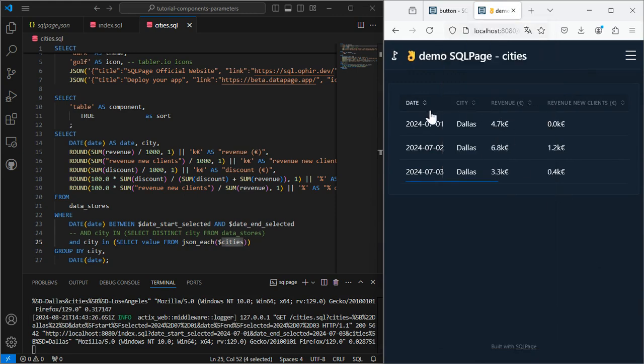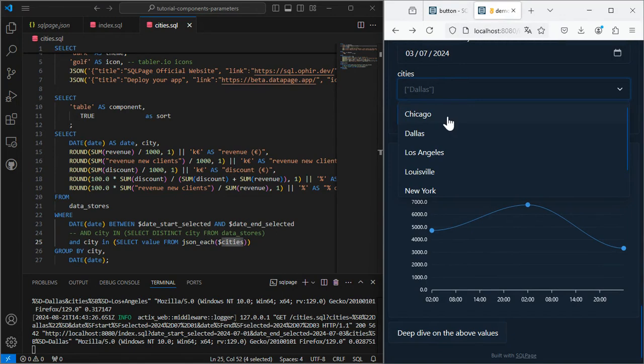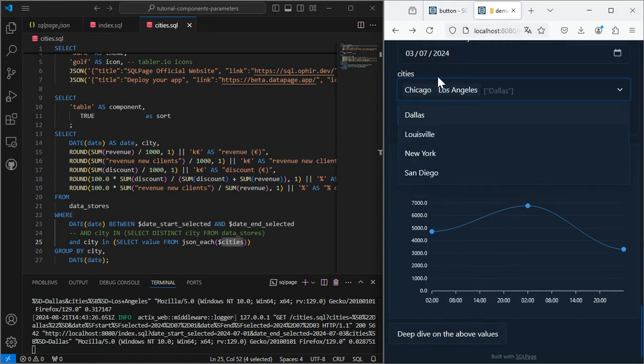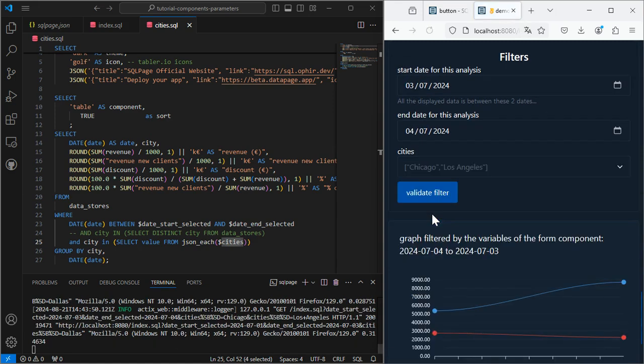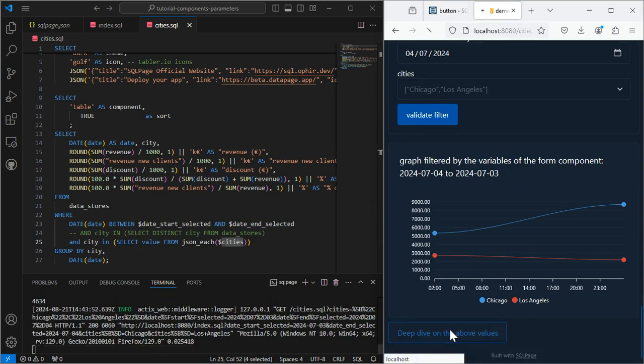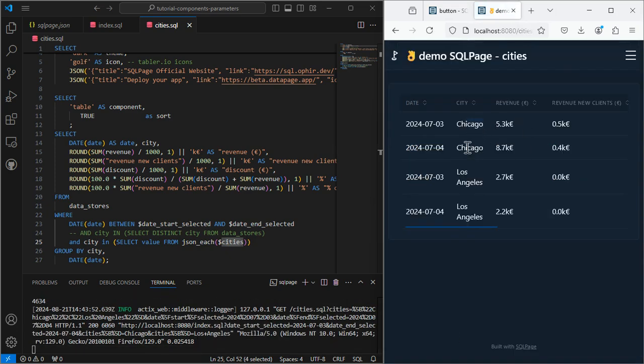So that's why it's only 3 days being displayed, only for the city Dallas. If I now select Chicago and Los Angeles, and let's say 2 days of data, I'm getting the data for Chicago and Los Angeles on these specific 2 days.